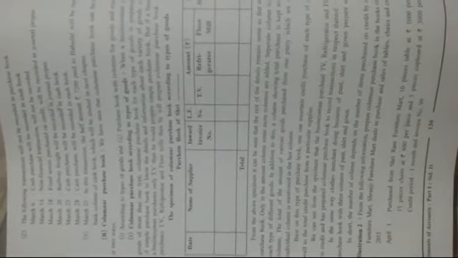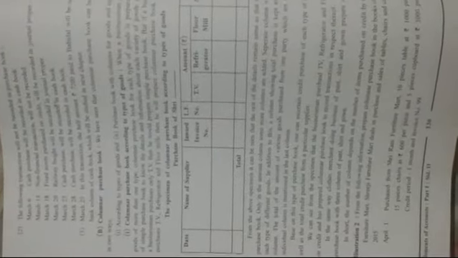Remember that if the businessman is engaged in purchase of more than one type of goods, then a columnar purchase book is prepared, and this is the format of the columnar purchase book. And on the top of the table you have to write the purchase book of Shri, whatever name of the supplier is given in the question, that name you have to write. Purchase book of Shri dash dash dash. So this is the format of the columnar purchase book according to the types of goods.